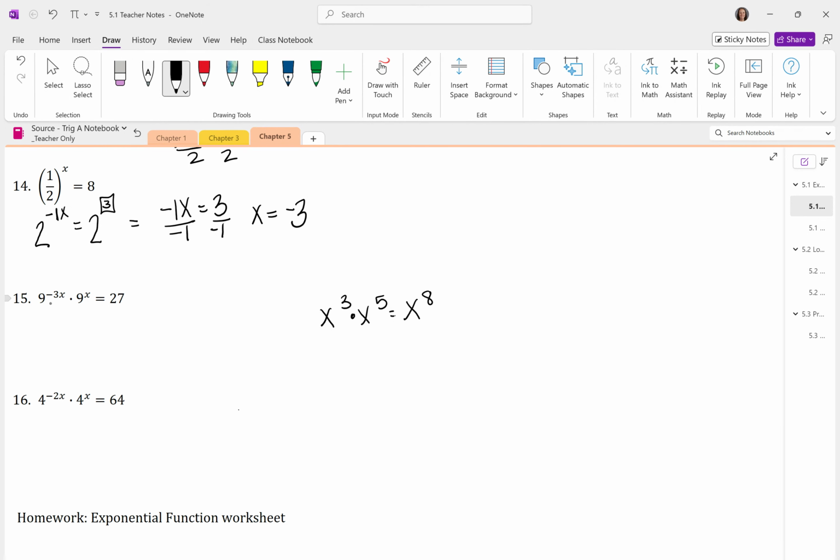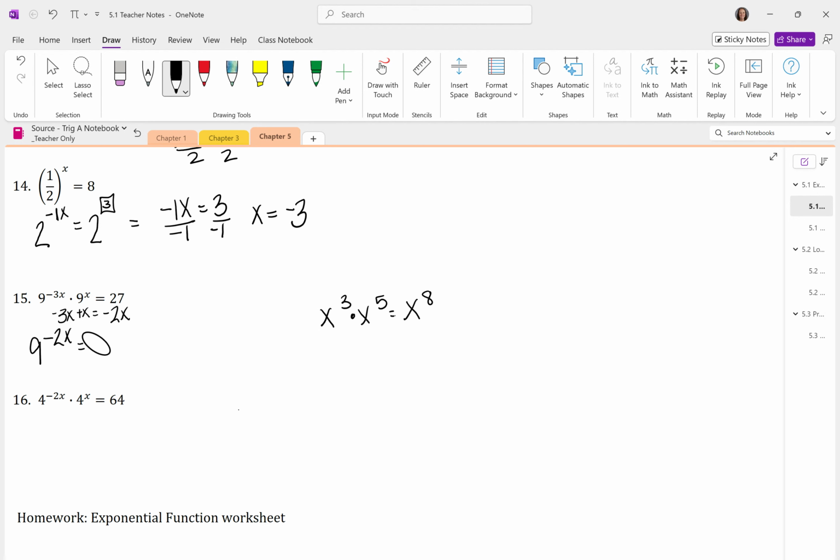So since you have the same base here, you can add these exponents together. Negative 3x plus x equals negative 2x. So this would be 9 to the negative 2x, and then